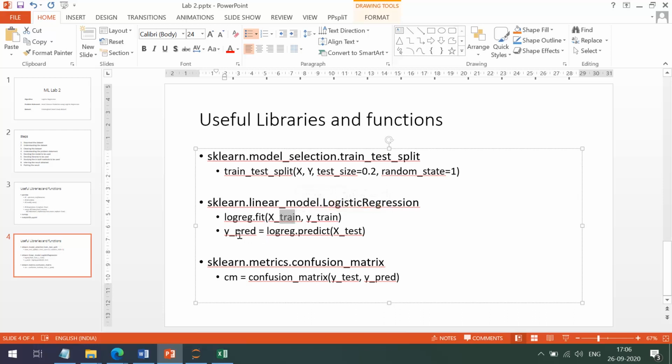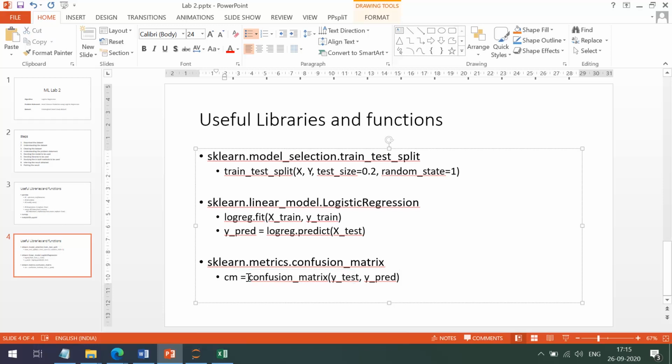Then this is our predicted value, and our actual value will be in y_test. So y_pred is the prediction by the model, and y_test will be the actual values. Now this is a classification model, right? And generally we find out the confusion matrix for a classification result.